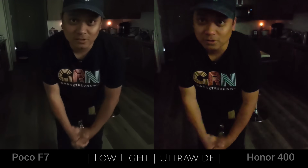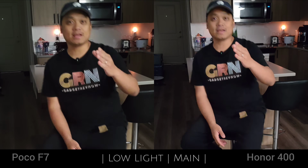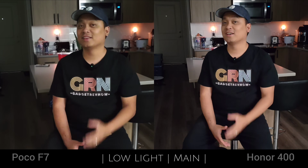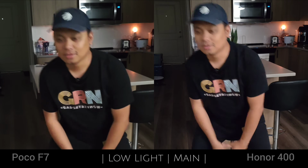Now let's check the main sensor. Now this is the proper 4K video recording on POCO F7 and Honor 400 using the main sensor. Both 50 megapixel sensor. The difference is the f-stop. f1.5 on POCO F7 and f2.0 on Honor 400. In terms of video quality,